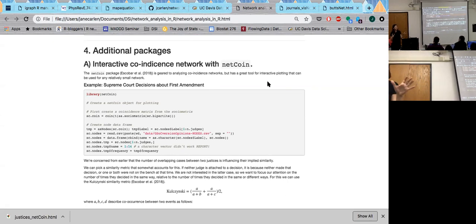So, a real principled analysis of this data would actually look at how many times two justices were on the bench at the same time and control for that. But without doing all that work, when we measure similarity between two judges, we can choose a metric that kind of accounts for that. So,